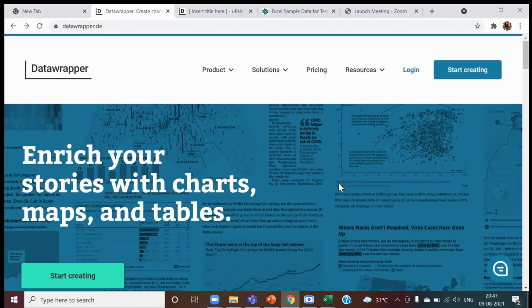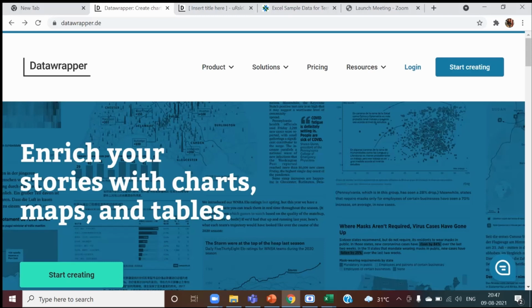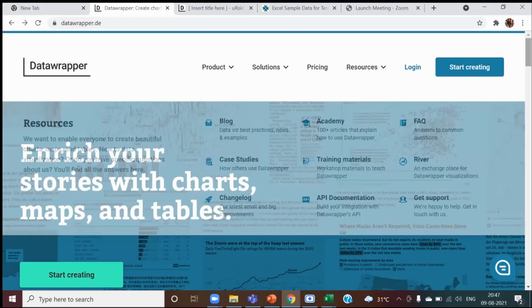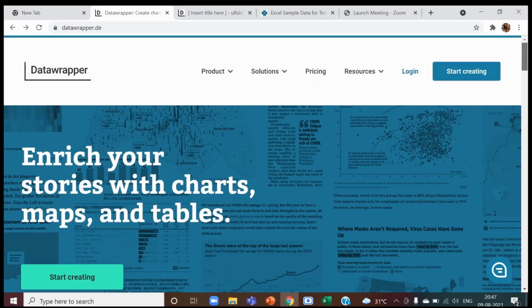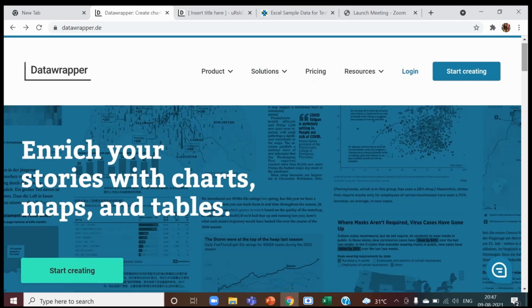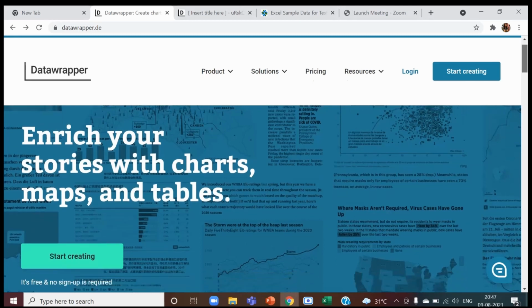We have chosen the tool Data Wrapper and my team members will carry on forward. So Data Wrapper is a tool that lets you show your data, charts, maps and tables with just a few clicks. It is available for free and there is a paid version as well. Data Wrapper is serving charts and maps to millions of readers every day. And some of the top ones are the New York Times, Wired, Fortune, Vogue, Spiegel, etc.